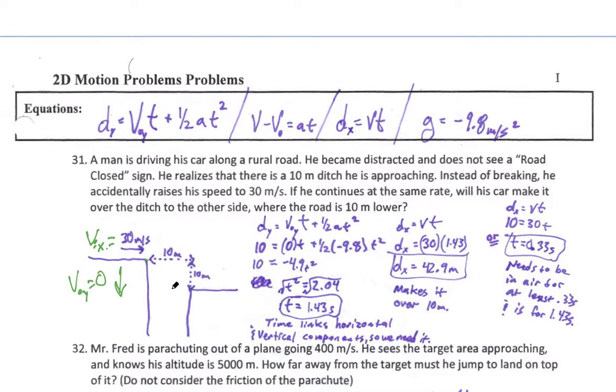There's a couple ways to do this problem. The first way would be to, no matter what, we've got to figure out the time. So we're going to have to deal with the y direction. Well, I know the distance in the y direction, he's going to be falling for 10 meters. Either way, he's not going to make it, but let's just see if he goes across the ditch at least. So I know that I'm going to be dealing with this distance in the y direction because he's falling a y distance. And again, the component that time depends on is the vertical direction,